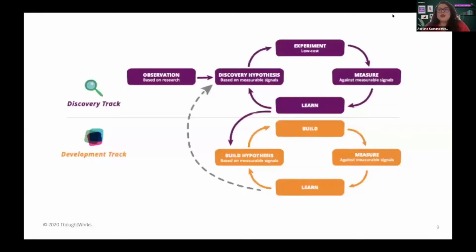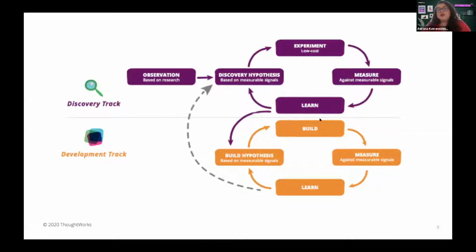And what that could look like visually is something like this. This is not something I did, by the way. This is from a couple of ex-colleagues who may be on the call and watching. Essentially, we have a discovery track and a development track, and we have some ideas or observations in discovery. Then we form our discovery hypothesis and some ways to measure those, very important. And then we run some experiments, preferably low-cost experiments. This could be anything from surveys or street testing to focus groups of users, workshops or one-to-one interviews, depending on what the hypothesis you're testing is. And then you measure that and then you learn.